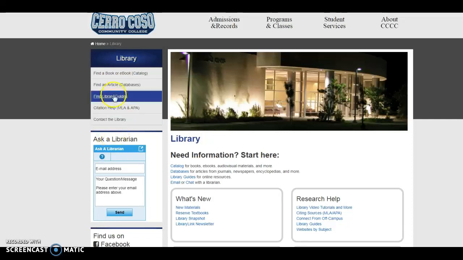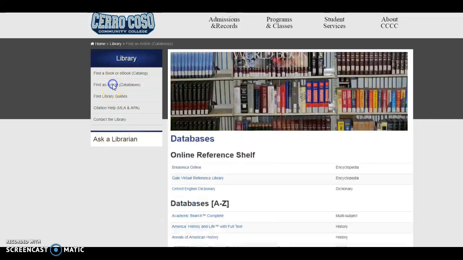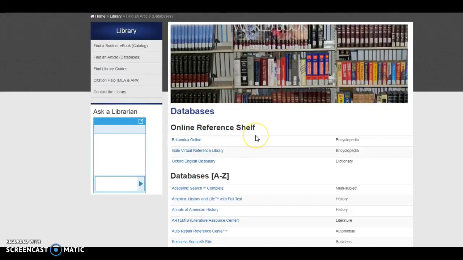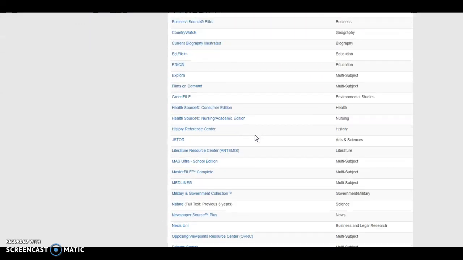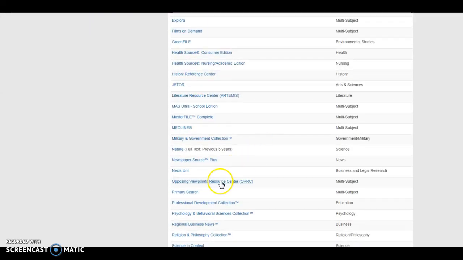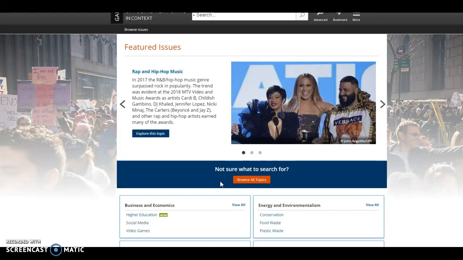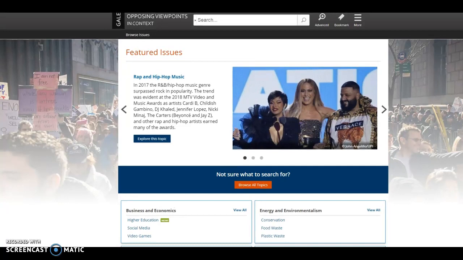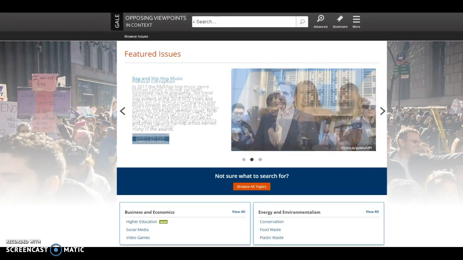Okay, second lecture on the database showcase. Let's take a look at my favorite, Opposing Viewpoints Resource Center. This is another one that you will use in your assignment this week. Opposing Viewpoints in Context, used to be called Opposing Viewpoints Resource Center, sorry about that,